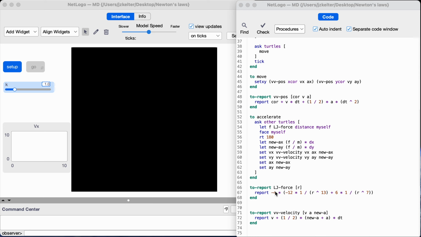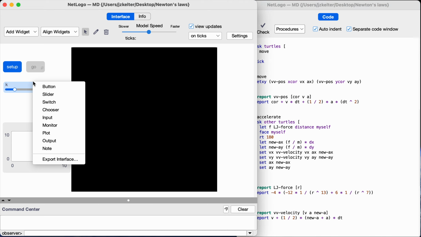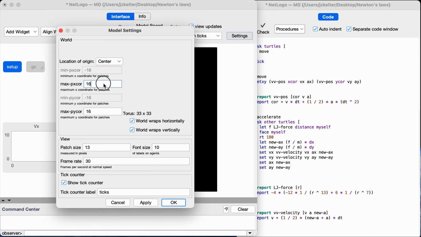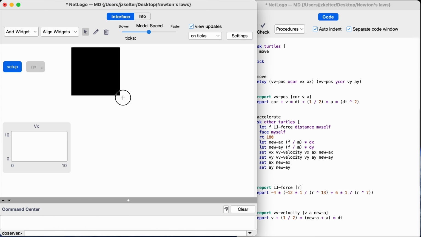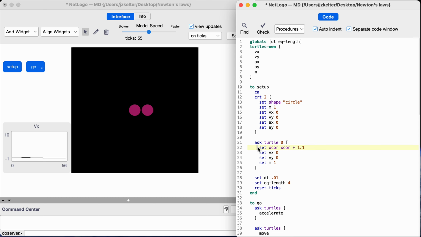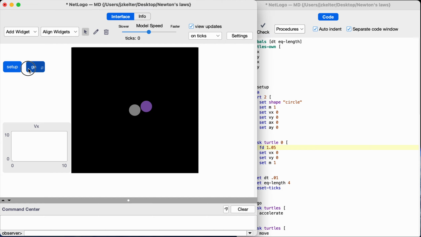Okay, so now we are ready to actually make a molecular dynamics simulation. First, I'm just going to clean up our interface a little bit. We don't need this slider anymore, so I'm going to delete that. And I'm also going to decrease the size of our world a little bit so that we can see what's going on more easily. Now with these two atoms, I'm going to do forward 1.05. Now we can see these oscillations a little more clearly because we've just made the world smaller in relation to